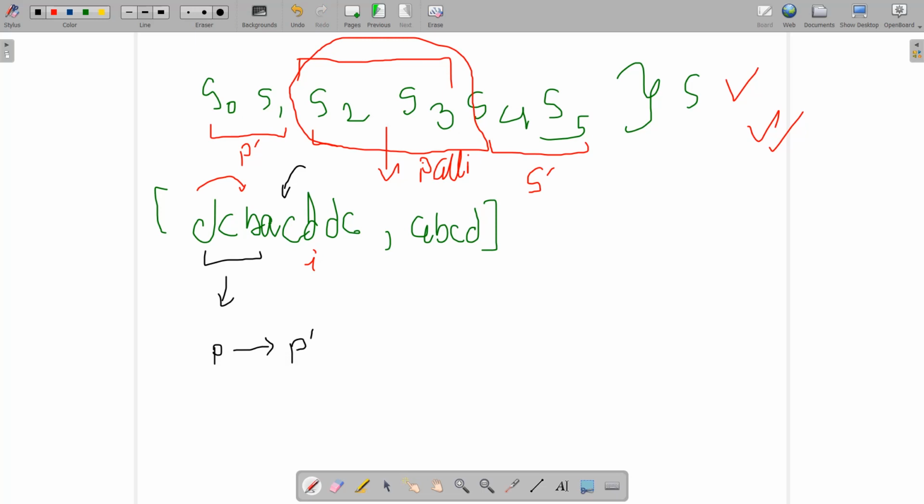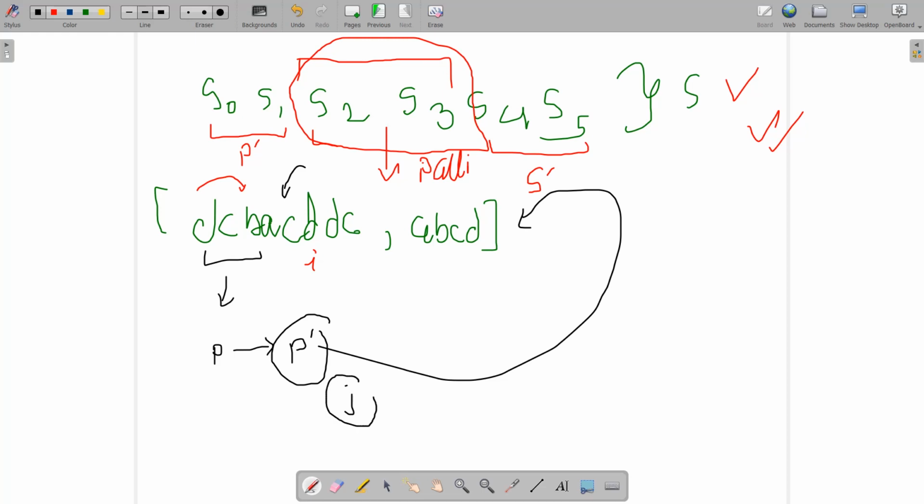Now, for forming a palindrome string, you need to search whether there exists a string P dash in your array of strings, at position J, and if it exists, you must check that I must not be equal to J. As I've already said, consider this example of being a palindrome: P dash must match with S dash.